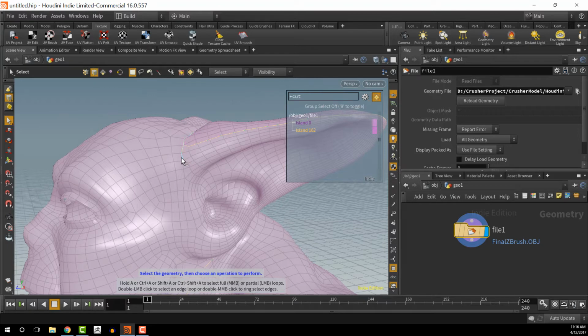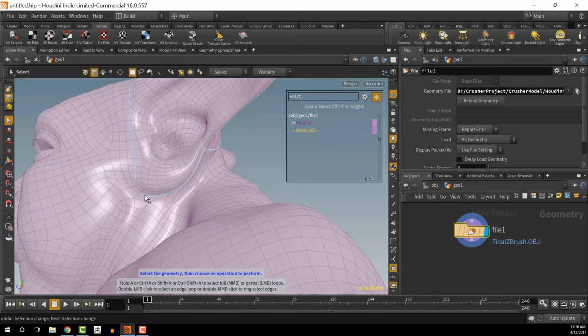And then here, I don't need that separated like that. I'm just trying to get a loop here. Another thing that you can do is click and then hold down A, and it's going to give you the shortest path, or the way that it can find the path to get to that point. So that's a good way to select a nice range of